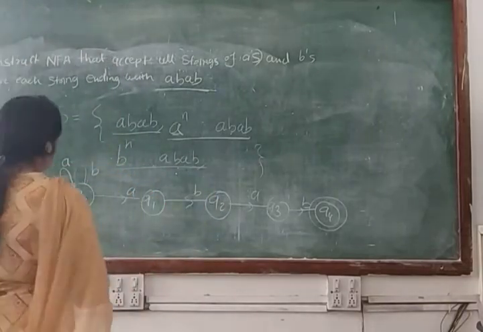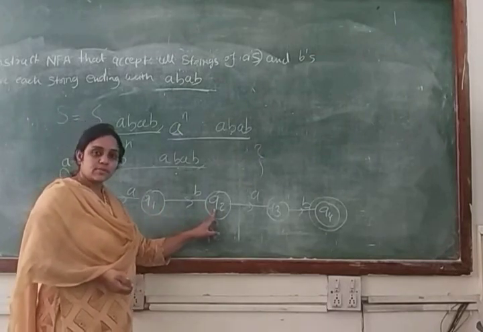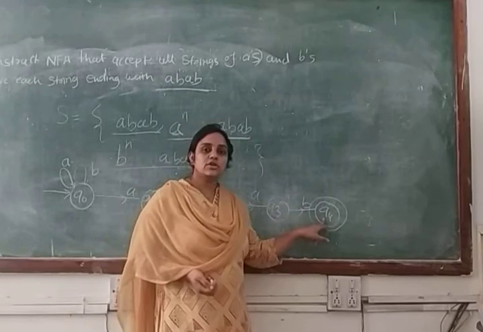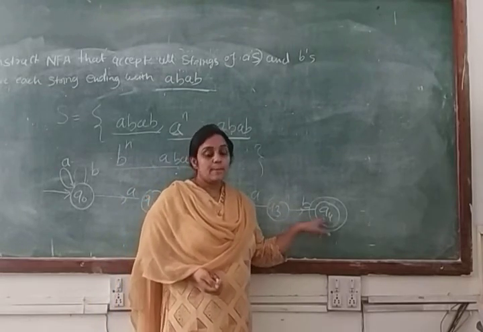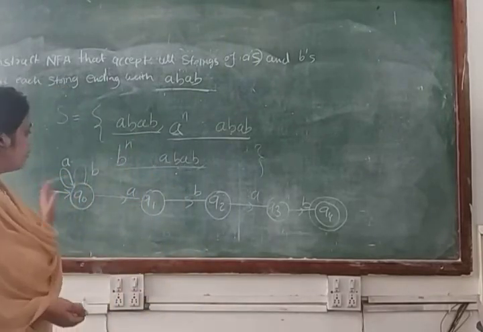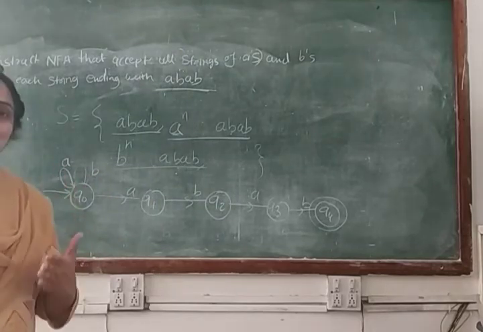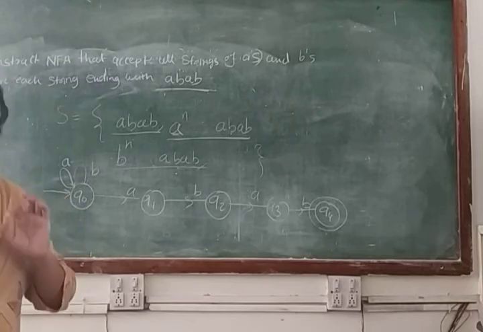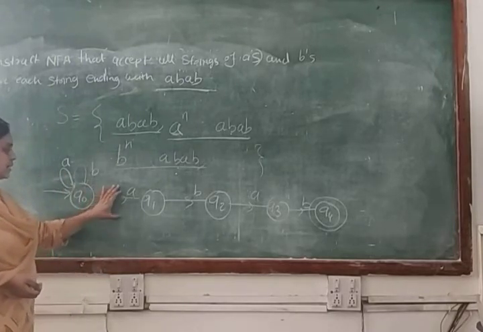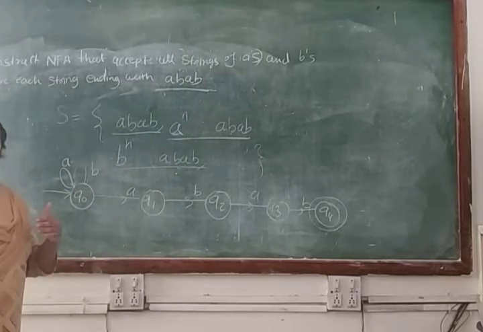So there is no need to make a transition from the state Q0 for the input symbol A, from the state Q2 for the input symbol B, from the state Q3 for the input symbol A, and also from the state Q0 for the input symbols A and B. But if we are making a DFA machine, in that case we have to make a transition for every input symbol from each state. Okay, because in DFA each state has a transition for every input symbol and we cannot make multiple transitions, but in NFA we can make multiple transitions. You can see here, this is the example for the multiple transition. So that's why your NFA is simpler than the DFA.